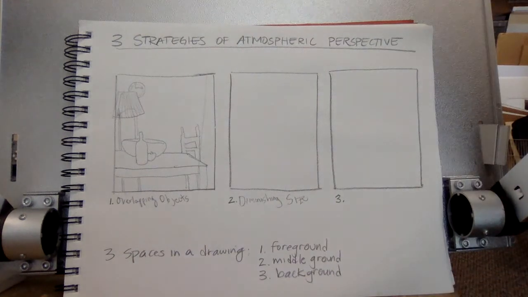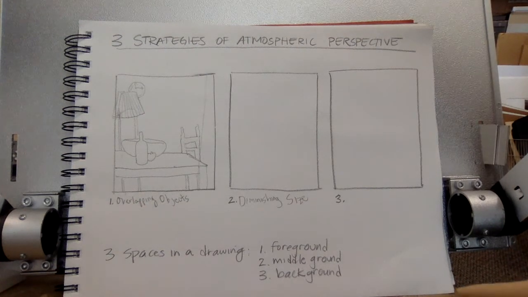So I'm sure you've noticed, as you're driving down the road, that the cars that are farther away are much smaller and the cars that are closer up are much larger. And the same thing applies for everything. The farther away it is, the smaller it appears. That is a strategy of atmospheric perspective, and you can use that in your drawings to show depth of space as well. So when I do diminishing size, I'm just going to